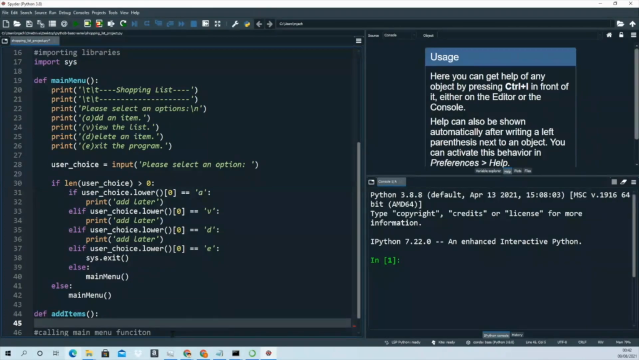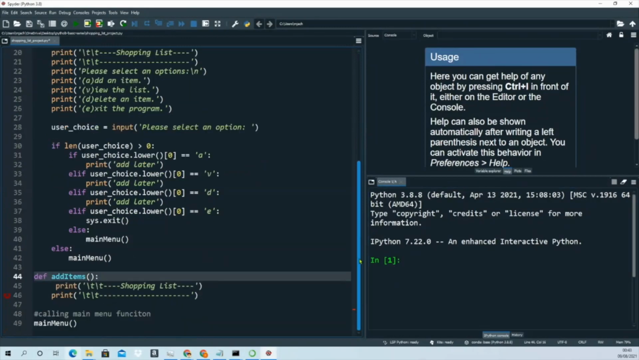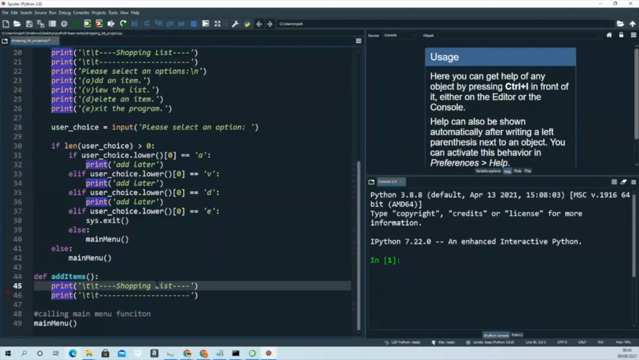You know how to create the functions, like the def keyword, the name of the function, brackets and the colon. So what we'll do, we'll just copy these two lines from there, and we'll give them the name add items screen. Right, so in here what we'll do,